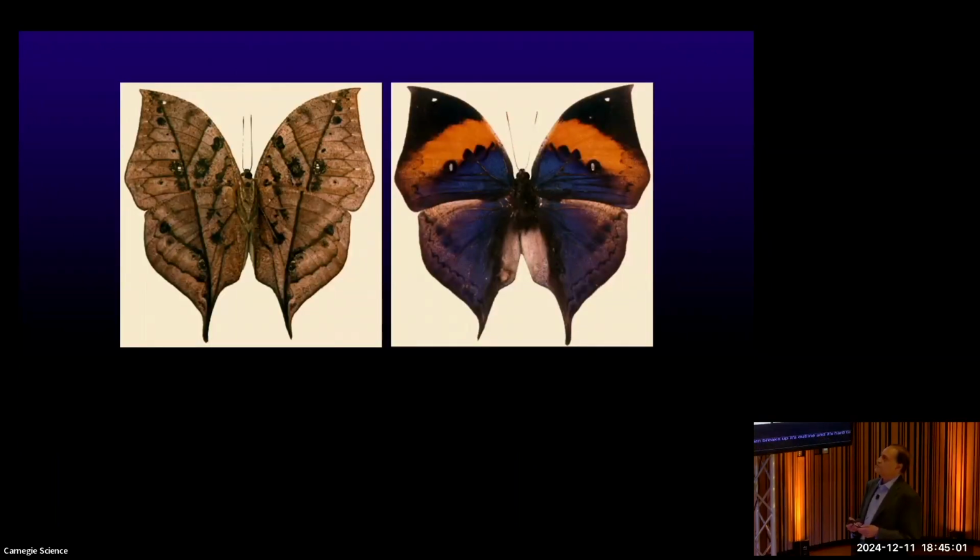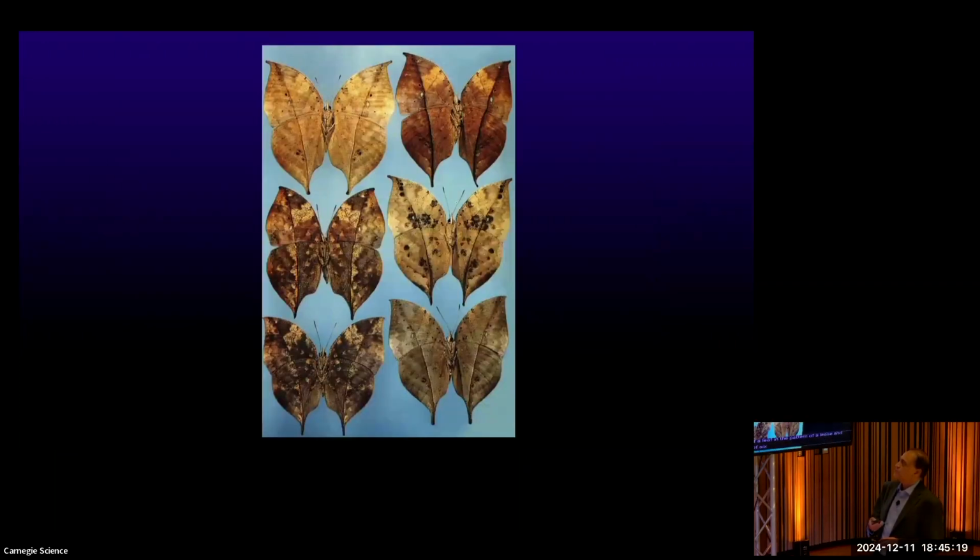One of my favorite examples are these dead leaf butterflies from Southeast Asia. On the upper side, they're very brightly colored, but of course they sit with their wings closed over their back, and their underside is this dead leaf pattern. You can see they have the shape of a leaf and the venation pattern of a leaf and everything. Here's a picture of six specimens from the same species, and you can see that no two individuals look alike. That way a bird will never learn which is the leaf and which is the butterfly. They've elaborated things that look like mold spots and holes in the wing and all these kinds of things.